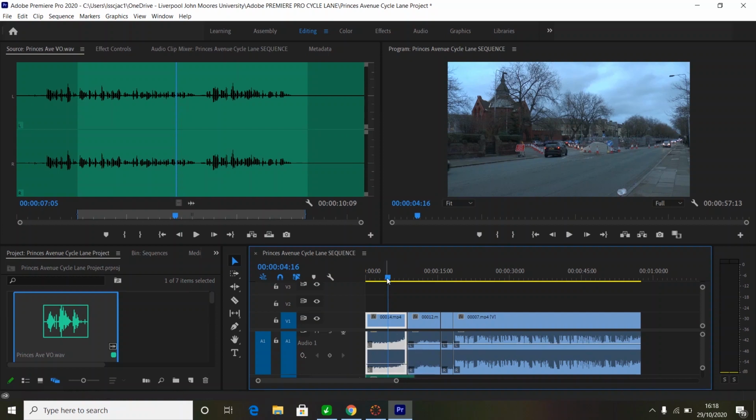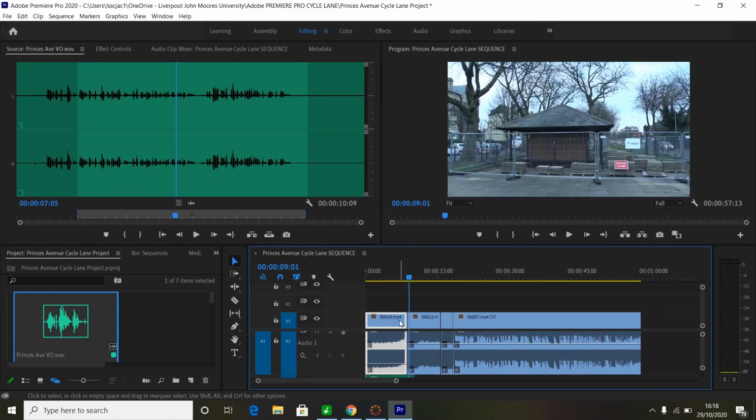If we have a listen now. Are concerns over accessibility to the cycle lane and the danger of riding on the roundabout at the end of